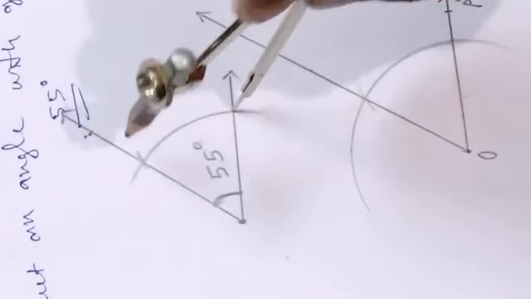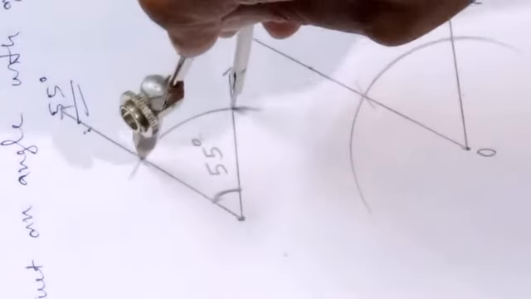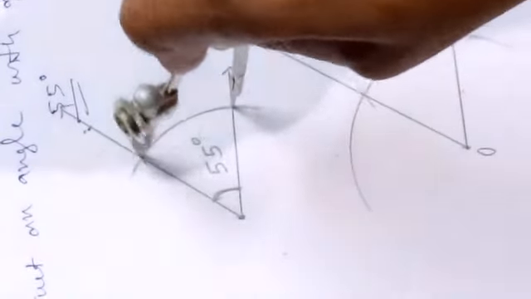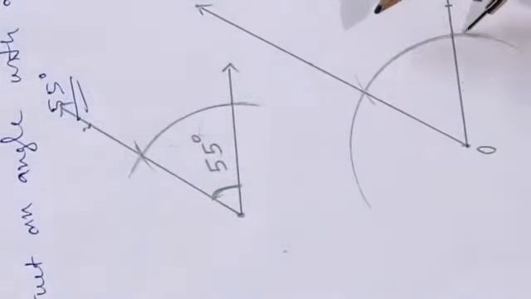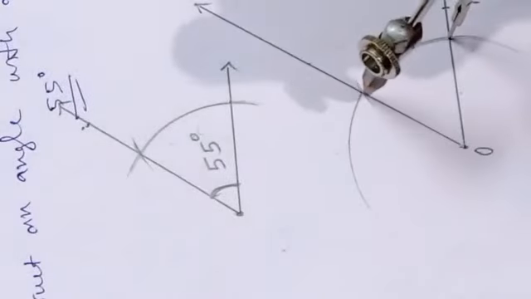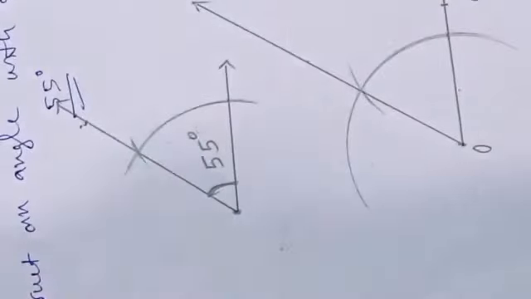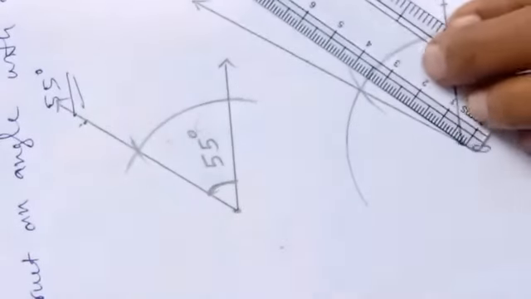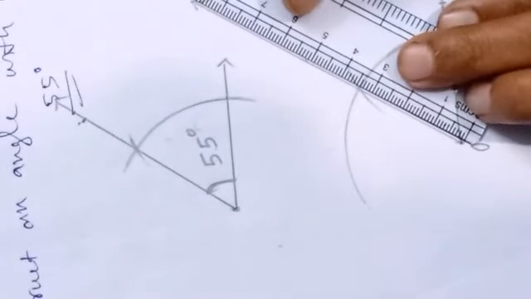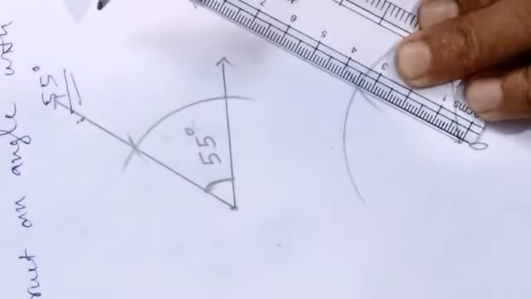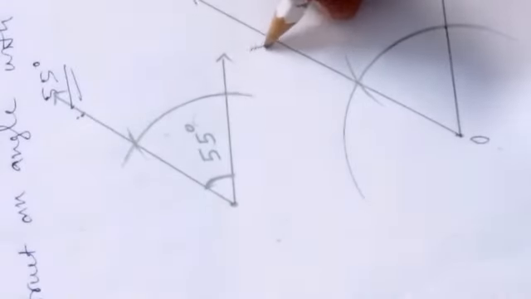Now in the second step, I will adjust my compass because I need this gap, the distance between these two arms on that arc. So here I have got this one. The same thing I have repeated here in the copy of that 55 degree I want to make. Here I have got this one. Then we have joined this vertex with this intersection point. After adding this one, I have extended it up to that. Let's name this one, I can name it as B.